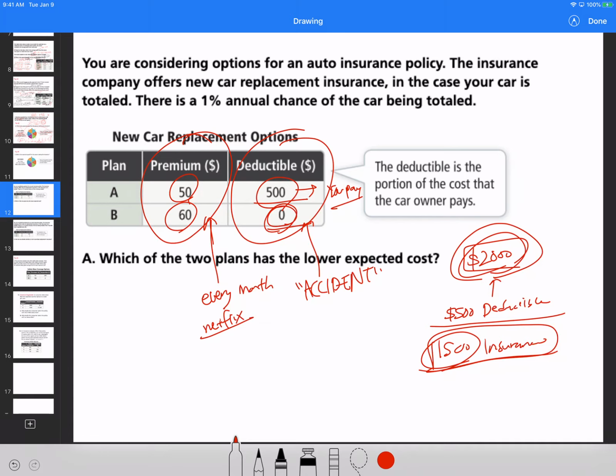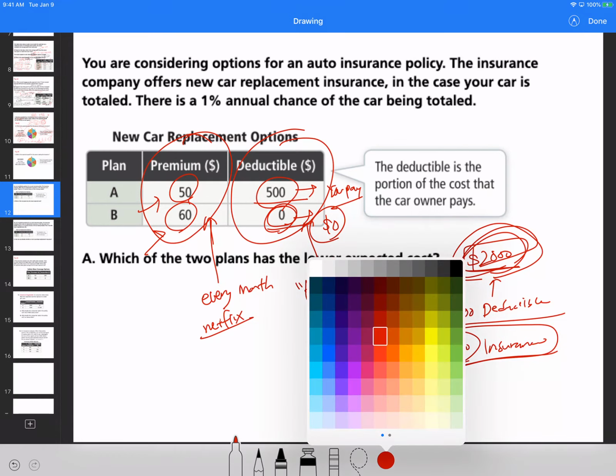Now, what does a $0 deductible mean? It means that no matter how badly the car is damaged, you only pay $0. That's great, right? Because for a person who gets into a lot of car accidents, it means that you essentially have to pay $0 for any damages or for the cost of the repairs needed to fix the car. But what happens to the premium then? Look at the premiums.